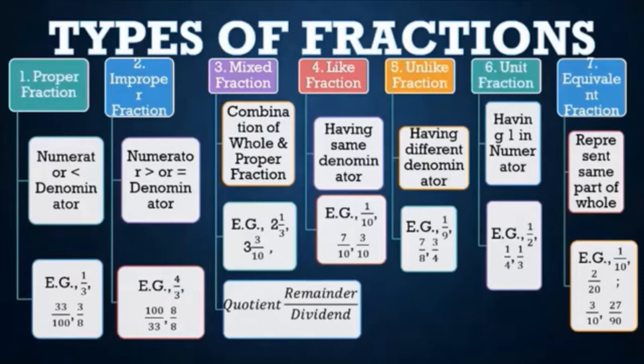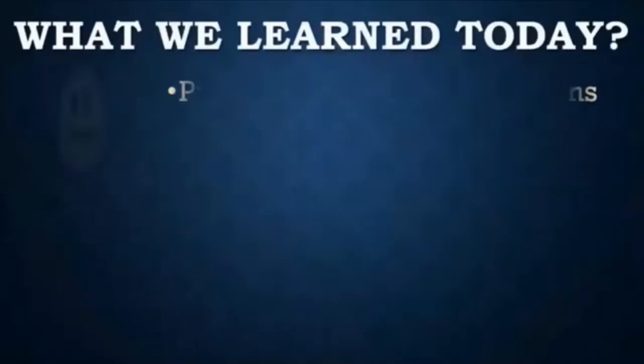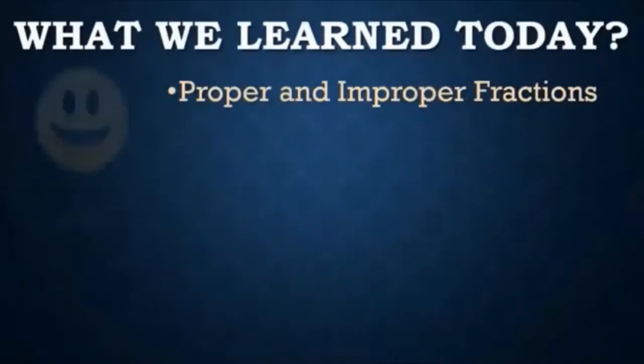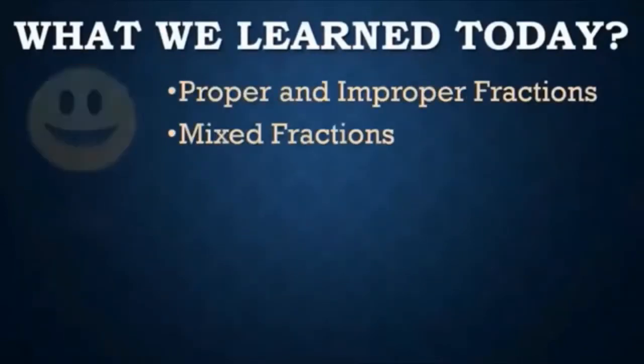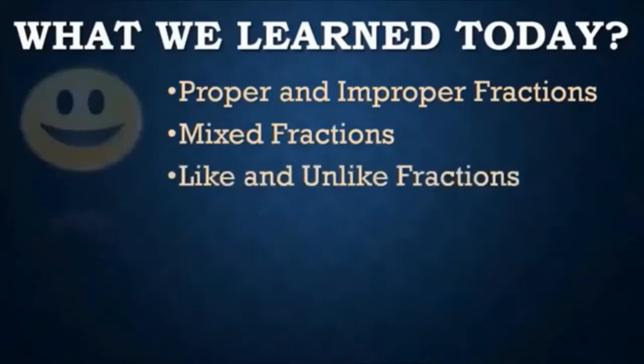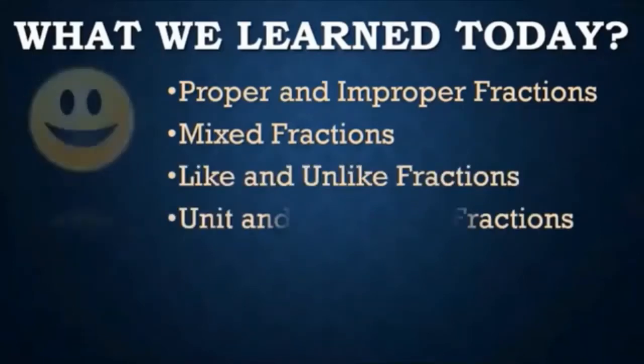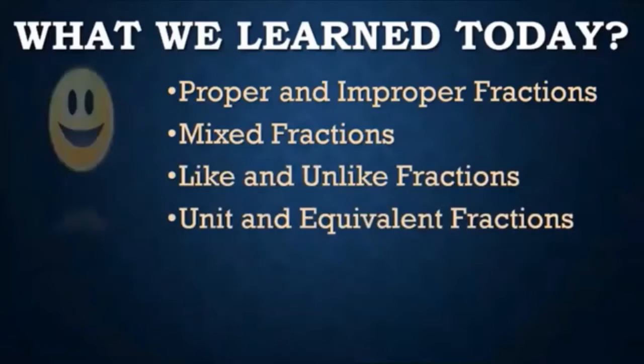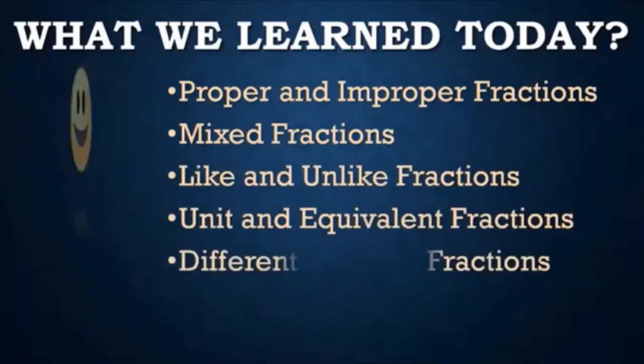Our seventh and last one is equivalent fractions, which represent the same part of a whole. For example, 1 by 10 and 2 by 20 are equivalent, and 3 by 10 and 27 by 90 are equivalent. So, what did we learn today? We learned about proper and improper fractions. We learned about mixed fractions, about like and unlike fractions, and about unit and equivalent fractions, and also about the